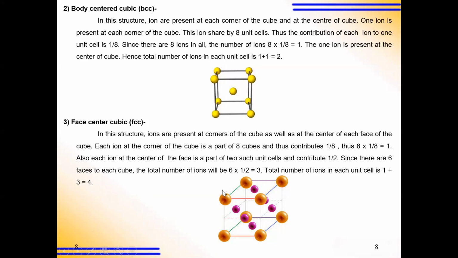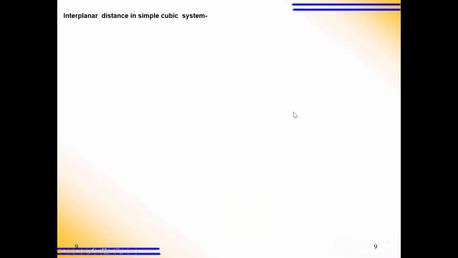So this is all the types of the cubic lattice or cubic systems. क्यूबिक क्रिस्टल सिस्टम्स म्हणू शकता, किंवा क्यूबिक लॅटिस, किंवा क्यूबिक इट्स टाइप्स ऑफ क्यूबिक लॅटिसेस, राइट? So this simple lattice or the primitive cubic lattice has 1 ion, and the body centered cubic has 2, and the FCC has 4, right? So then the planes or the faces of the simple cubic system are also very important things.